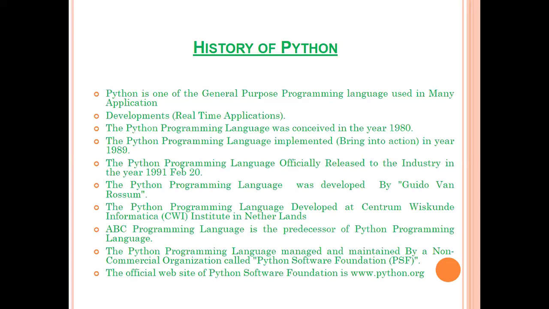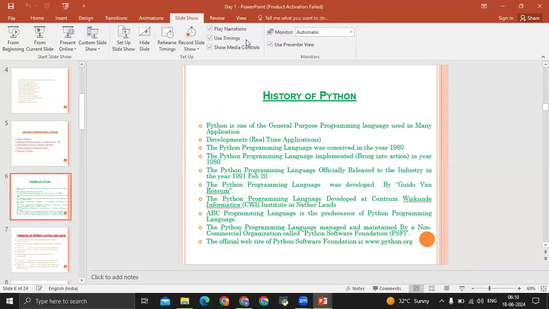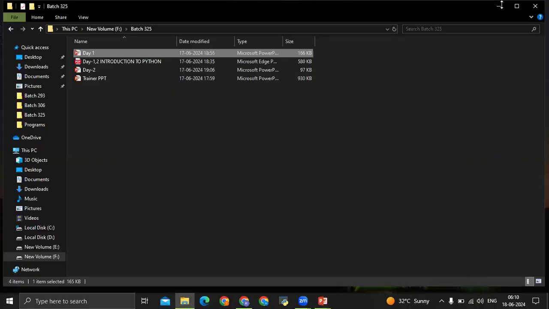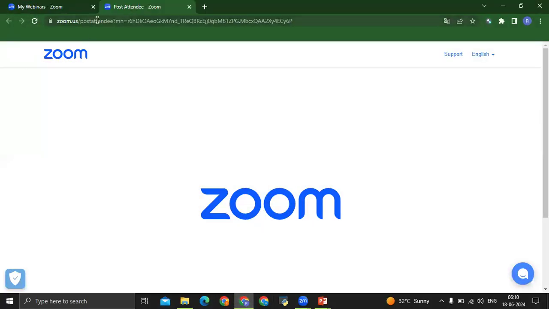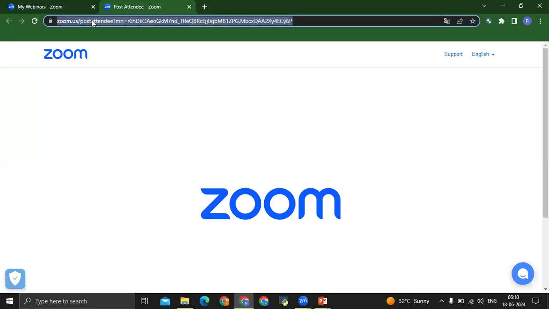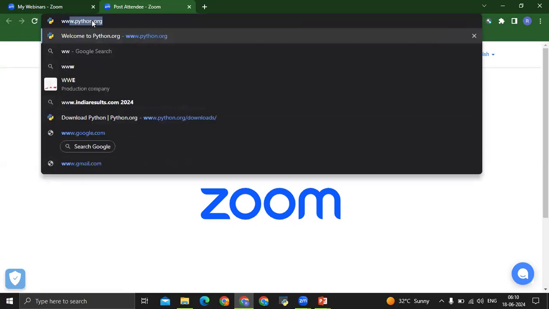So what is the downloading process of Python? Let's proceed and understand this. If you want to go ahead with the Python programming language, go to the official website of Python, that is www.python.org.